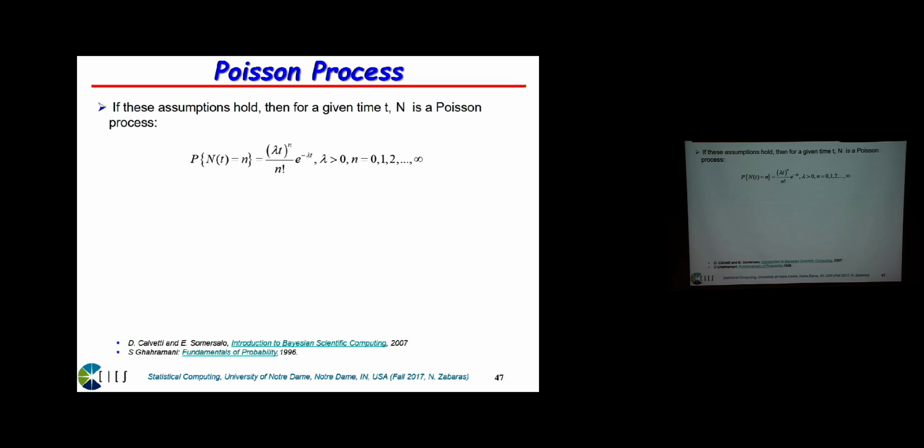So you maybe have not seen a Poisson process before, a Poisson distribution, right? So it's a counting distribution. So let's say you count the number of cars passing an intersection in time t, and you say the probability of the number of cars in time t to be n is given by this distribution, where lambda is a parameter that we use in the Poisson distribution. So what I want to do is show you that using the central limit theorem, I can approximate a Poisson distribution very well with a Gaussian distribution.